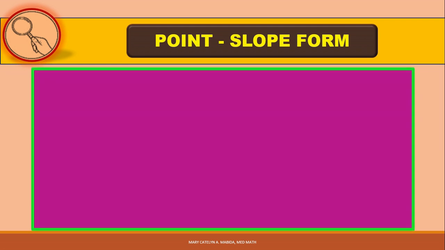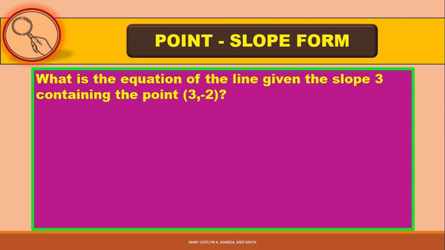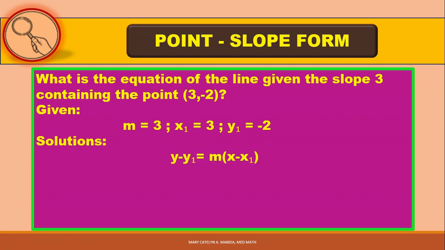Let us solve our first example. What is the equation of the line given the slope 3 containing the point 3, negative 2? Using the point-slope form, substitute the given values, which is m, or our slope is 3, x sub 1 is 3, and y sub 1 is negative 2. Using the formula y minus y sub 1 is equal to m times the quantity of x minus x sub 1,